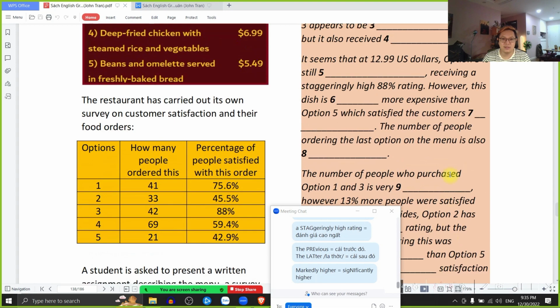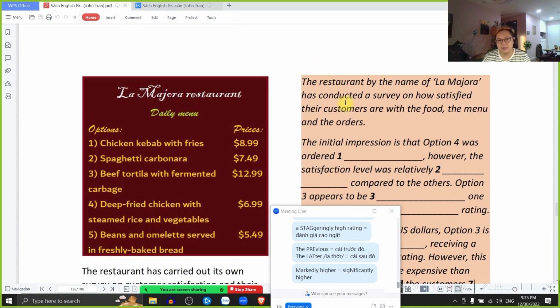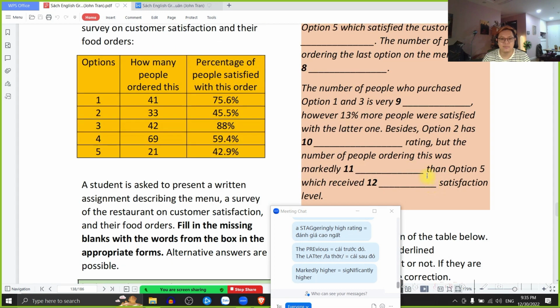Đó, đây là một trong những cách để mình viết đó các bạn. This is one way to compare. Nó rất là gần gũi với cái writing test 1 của IELTS đó. This is very close to the IELTS writing test 1. You should learn from it. Because, okay, there are many ways to compare as long as you see fit. Đương nhiên văn viết thì sẽ có nhiều cách để mình so sánh, nó tùy vào cách mình nhìn nhận sự việc như thế nào mà thôi. Alright, so